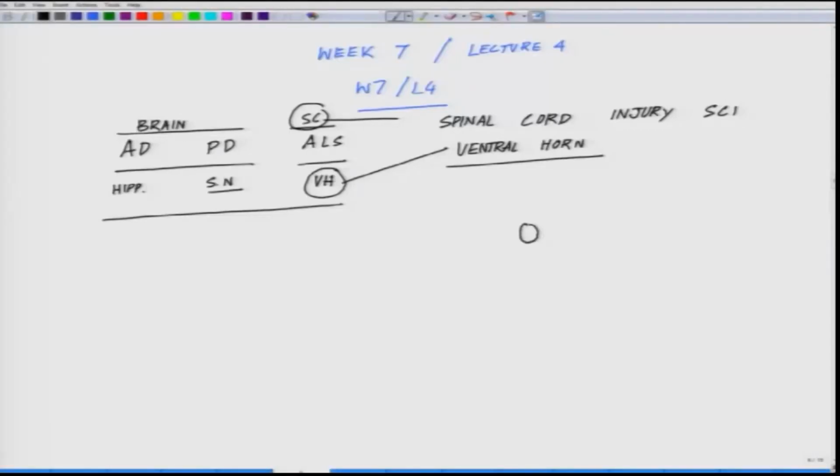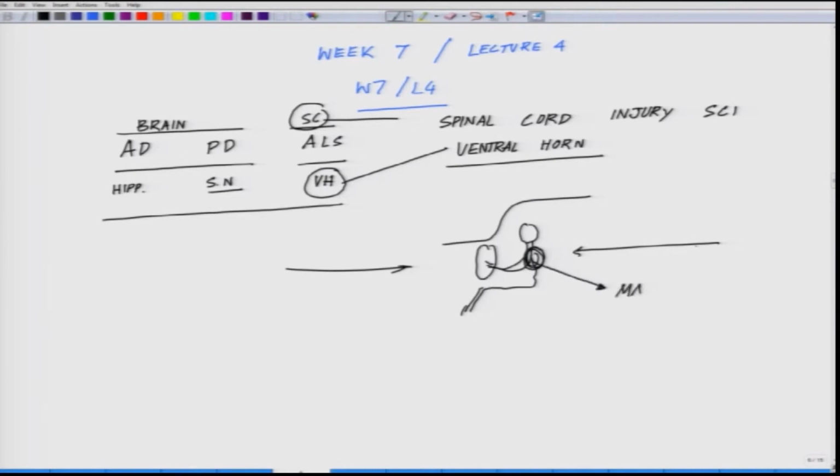So for example, if you think of a person sitting in a car and driving a vehicle like this, whenever the impact comes, either a hit from the back or a hit in the front, this part of the body is the one which gets the maximum impact,